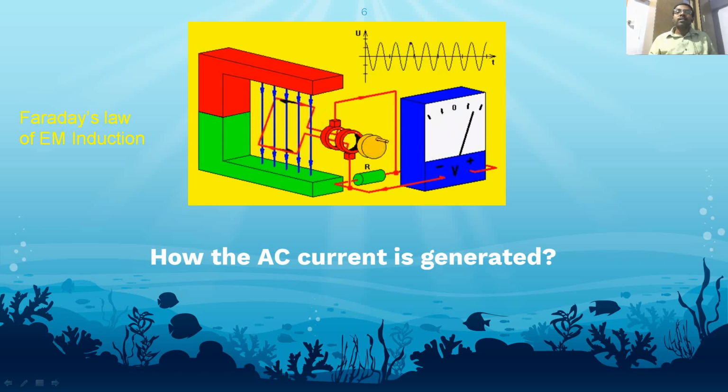So let me tell you shortly about this representation. Look at this. So this is the rectangular coil, rectangular coil ABCD we used to study, right? Okay, so these are the slip rings. This red color is representing the slip rings, and here we will connect the prime mover. Okay, so prime mover is the one which is helping this entire coil to rotate. Okay, fine. That we can connect the engines or motors. Okay, fine. So this is the output load.